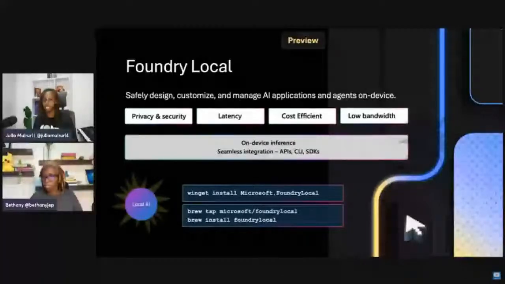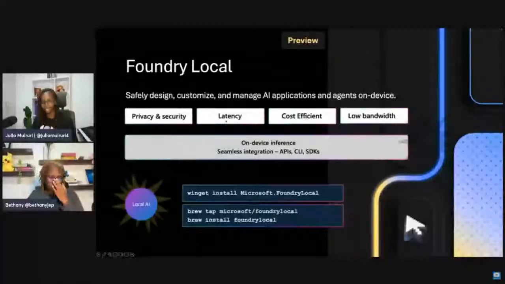Foundry Local is a tool that allows you to safely design, customize, and manage AI models and applications on your own device, right? So right now we're talking about you downloading models, literally, and running them on your own computer. So that means at no point will you be sending any data outside your machine, right? And so that is privacy and security out of the box.